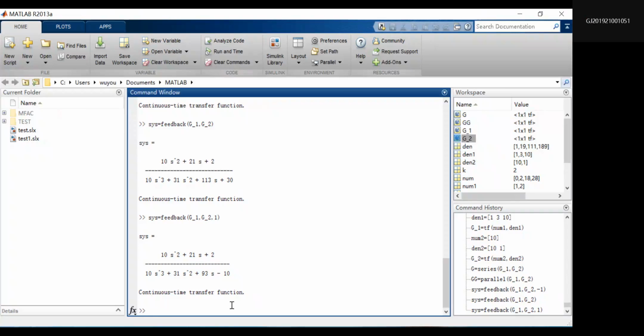And how to get zeros, poles, and gain, ZPK, from TF? What you know is the numerator and then the denominator. And if these two systems are known and we want to connect them in series, then